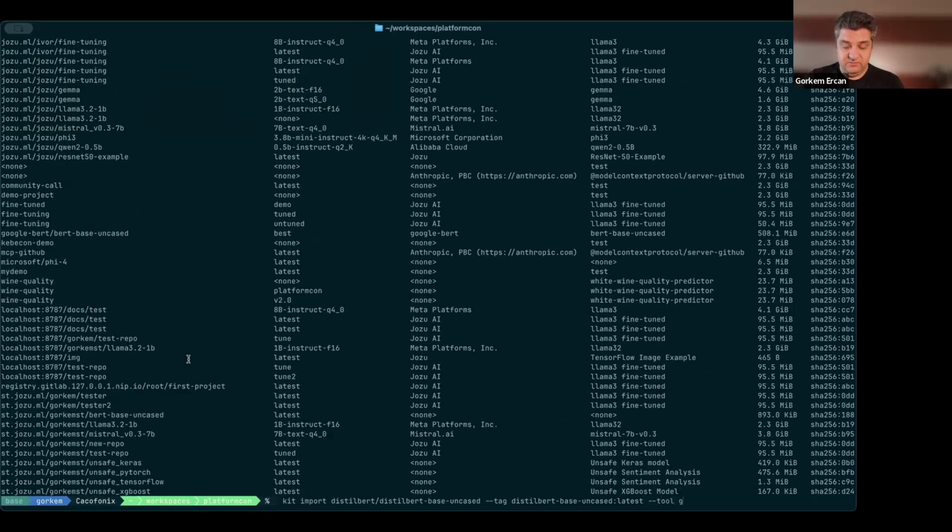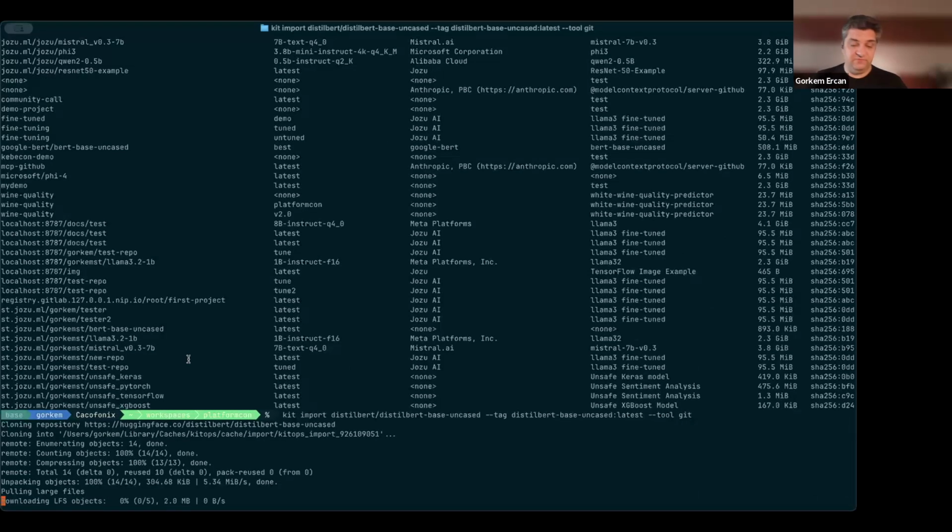do this a different way. We actually support two flows of importing from Hugging Face. As you know, Hugging Face is essentially a Git repository with large file support. What we do is we directly use Hugging Face's APIs normally, but in some cases that may not be feasible. So we give you a way to use the regular Git flow as well, as a way to download from Hugging Face and use that for creating your model kit.